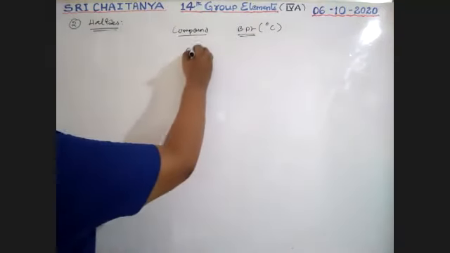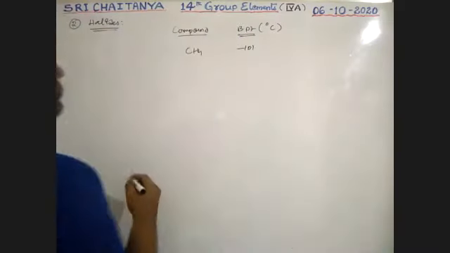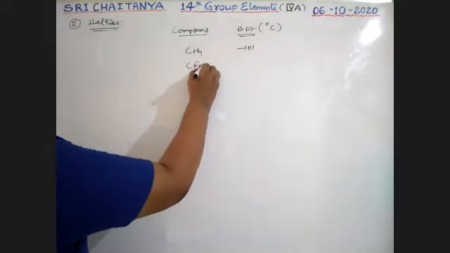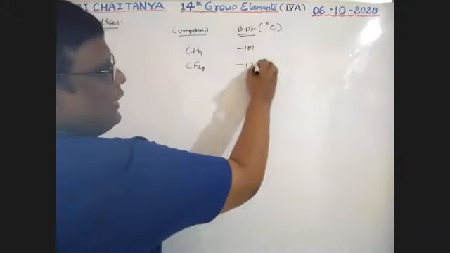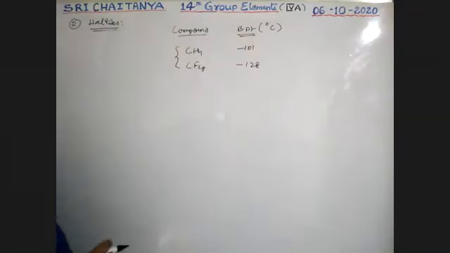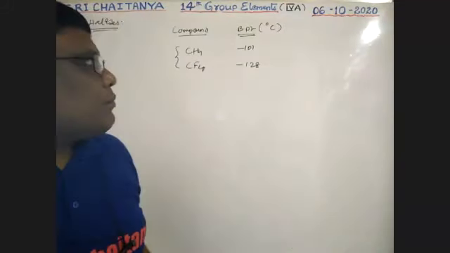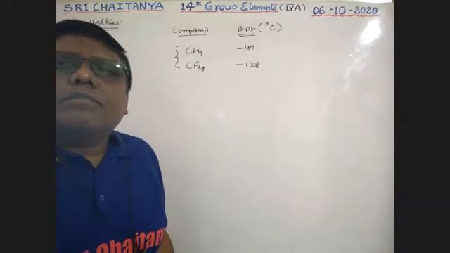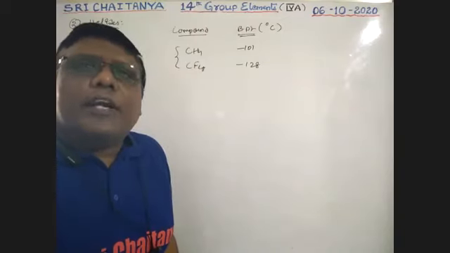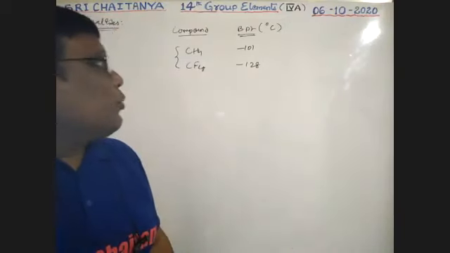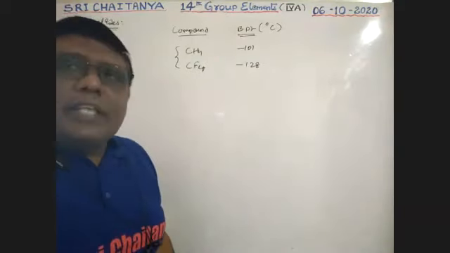First of all, methane. Its boiling point is minus 101 degrees centigrade. Similarly CF4, its boiling point is minus 128. So this is one pair. Boys, among CH4 and CF4, whose boiling point is high? Minus means minus, as usual in your mathematics, negative temperatures. Which one has more boiling point? CH4 has a higher boiling point than CF4.